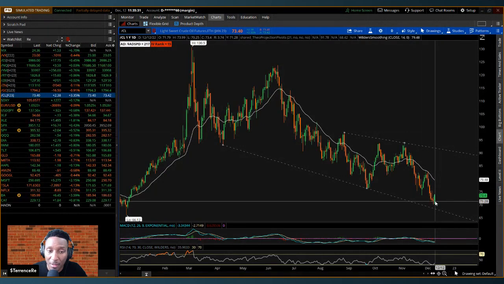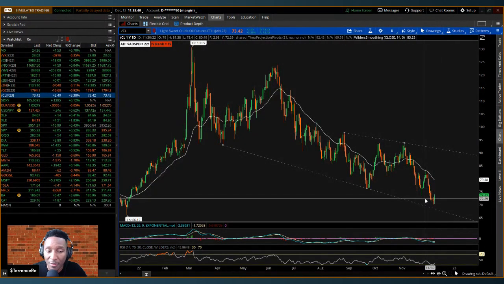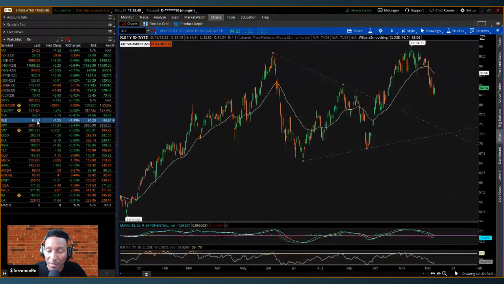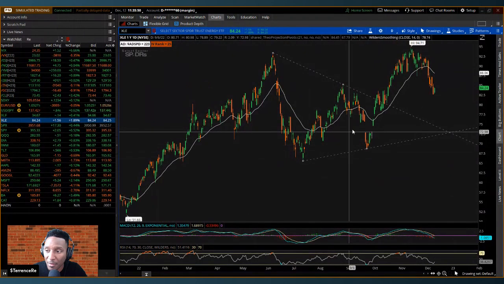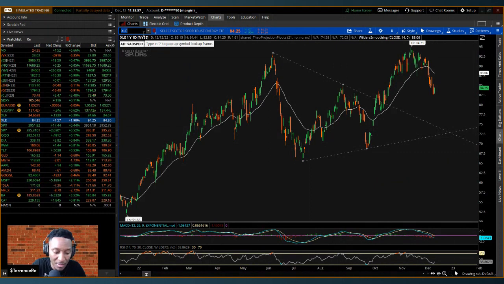Now you may be saying, how can I get long oil? You could maybe do a spread trade, buy a call spread, sell a put, depending on the size of your account. If you can't trade /CL, maybe you can look to XLE and maybe trade energy. Chart looks a little different. There are some different stocks that you can trade oil around. Maybe XOM,